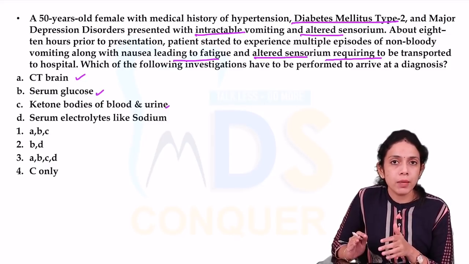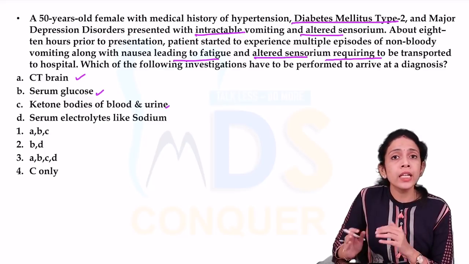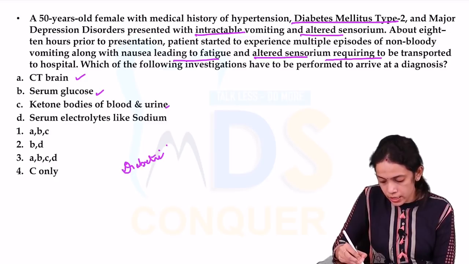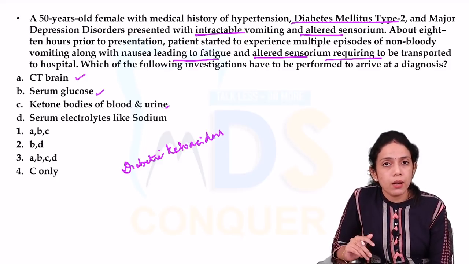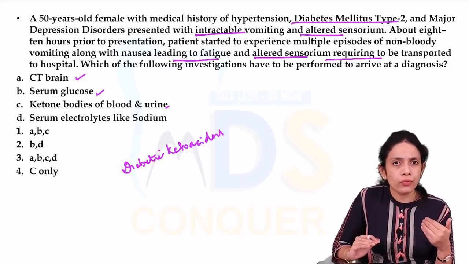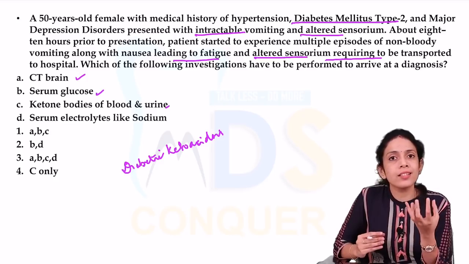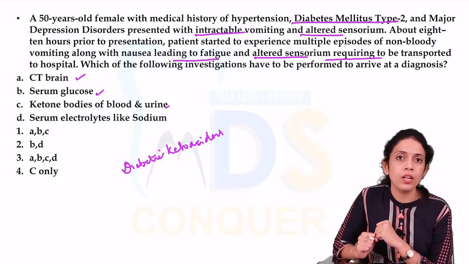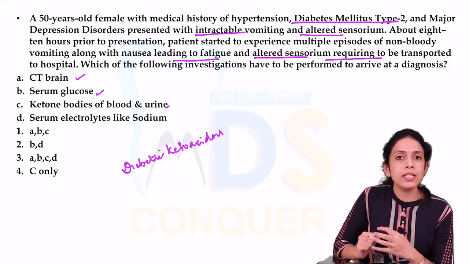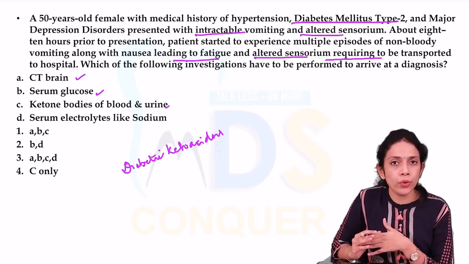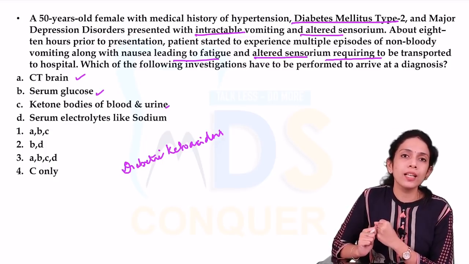Why? Because diabetes mellitus, when it is uncontrolled, leads to a complication called diabetic ketoacidosis. Diabetes mellitus could be because of the lack of insulin or because of insulin resistance. As a consequence of either, the cells will not receive their energy in the form of glucose, right? The cells of the body will not have their energy. In that case, the cells will search for a fuel to get the energy, and that fuel is nothing but the fat.